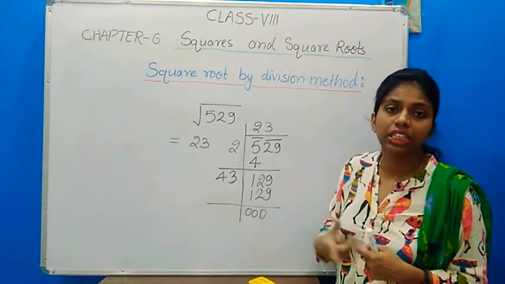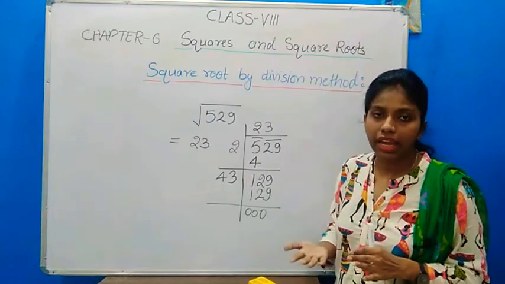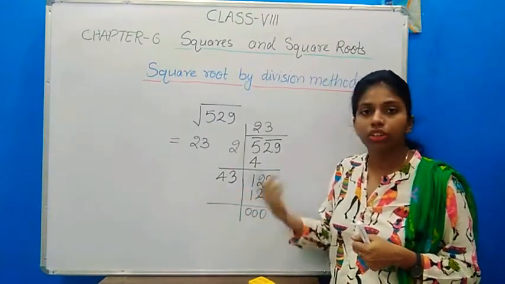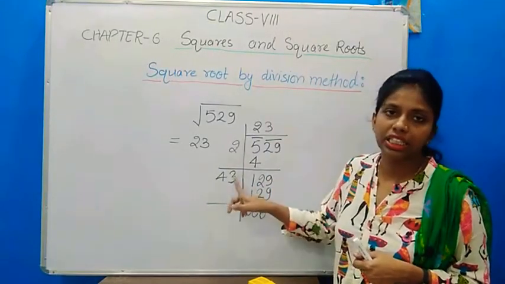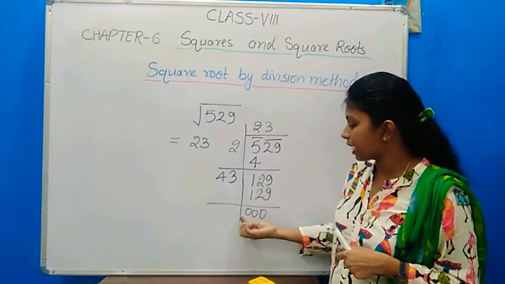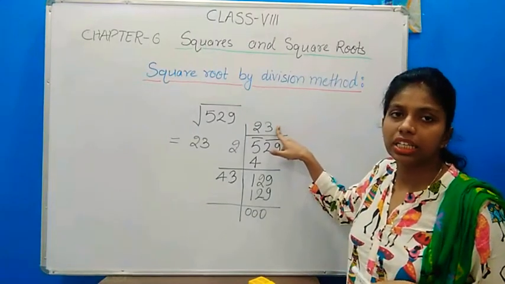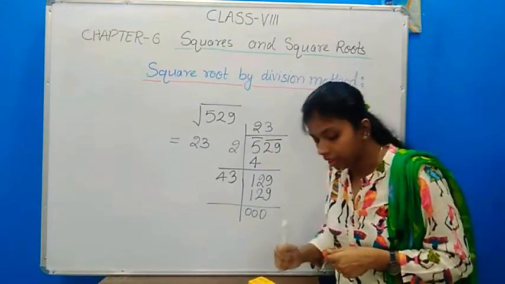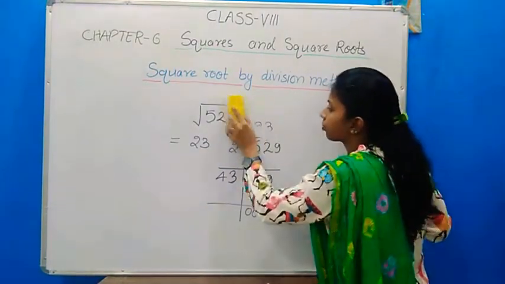For this we check one by one. First I put 1 and check this; it is not satisfied. Then we take 2, and I check with 2; it is not equal to 129. After that I check with 3, so finally we get 129 and the remainder becomes 0. So our solution is 23.